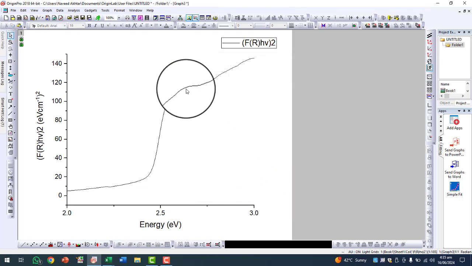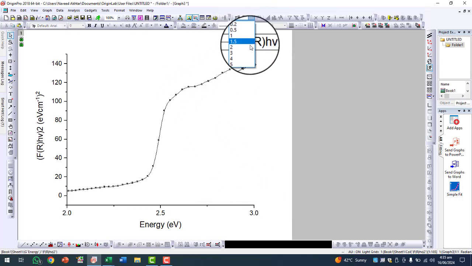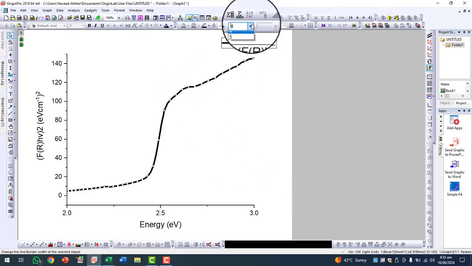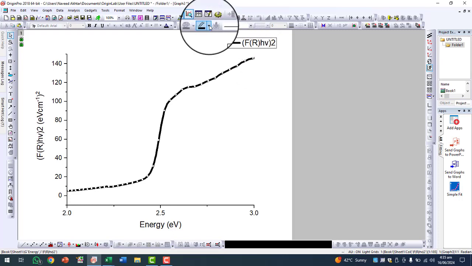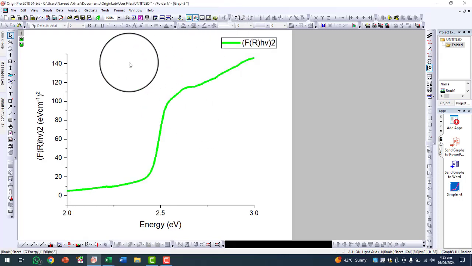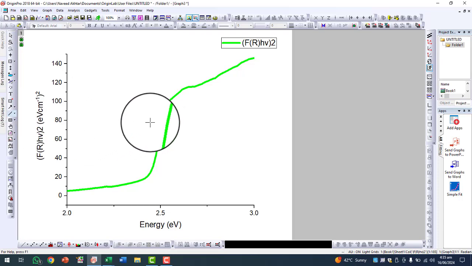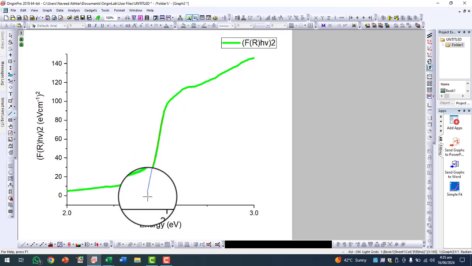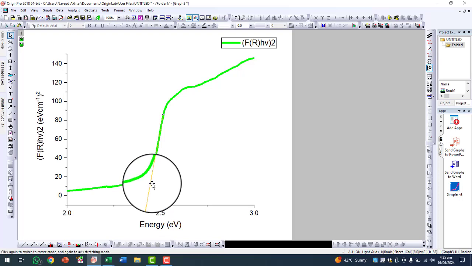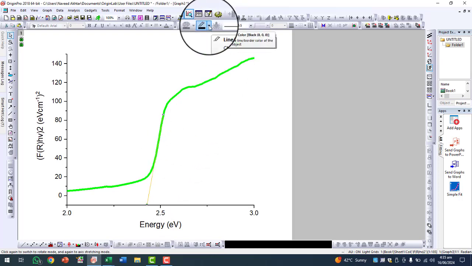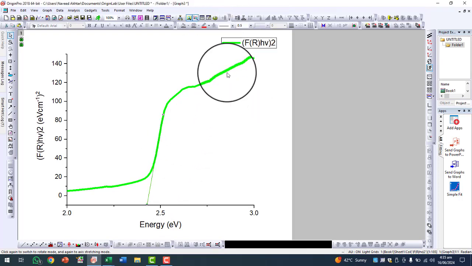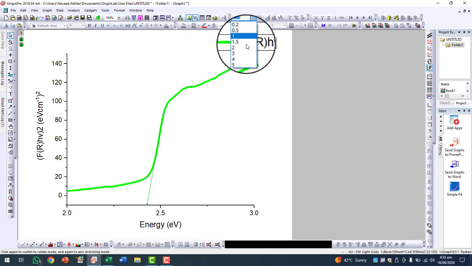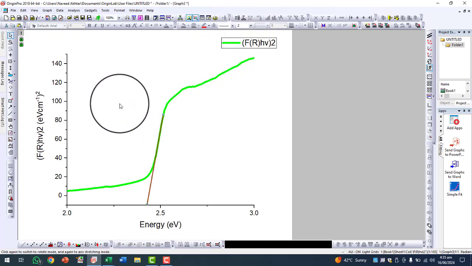So now it is set up, and I will enlarge it or increase the size of the spectra, then select the color, and now I will simply draw a line from here, and the value which this line touches on the x-axis will be the band gap energy of my material. Now I will set up the values here.